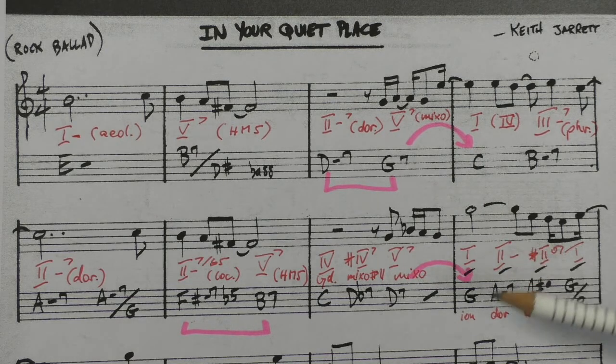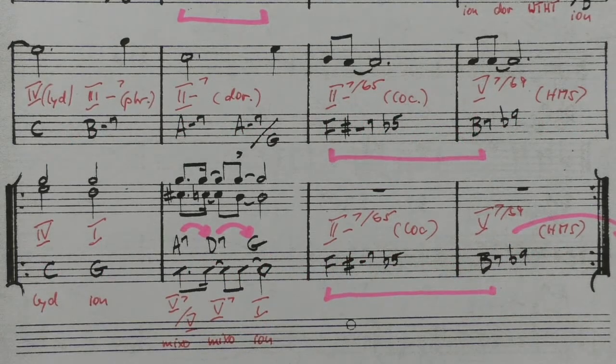Now we are at the root, the one characteristic progression: G, A minor 7, A sharp diminished, G over B, 1, 2 minor 7, sharp 2 diminished 7, 1 over its third. So it's Ionian, Dorian, the diminished scale, also called the whole tone half-tone scale, again Ionian, and as we had it before, the same progression: C, B minor 7, A minor 7, A minor 7 over G, which is a 4 chord, a 3 chord, and a 2 chord, Lydian, Phrygian, Dorian, and again resolving to the 2 minor 7 flat 5,